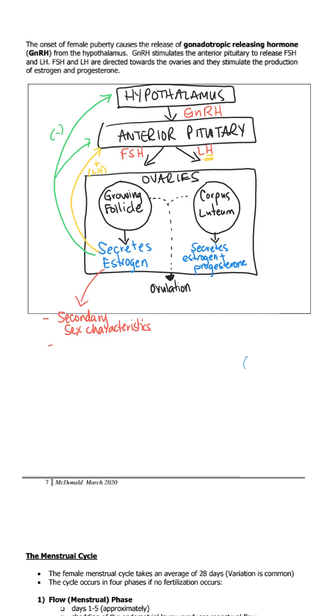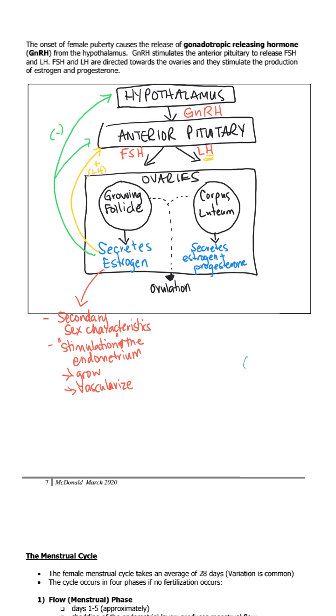In terms of the menstrual cycle, it stimulates the endometrium. And what we mean by that is it causes the endometrium to grow. It causes it to vascularize. And by doing so, it's causing more blood, more nutrients, more oxygen to get to that area to prepare for